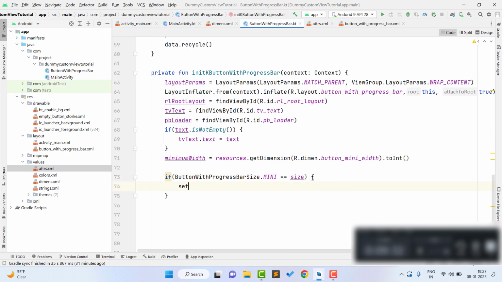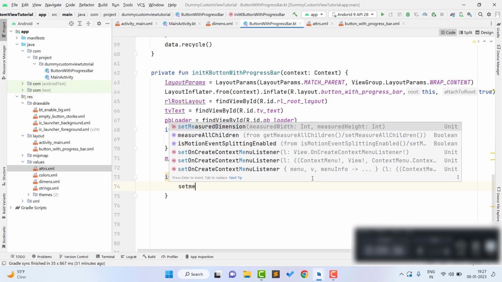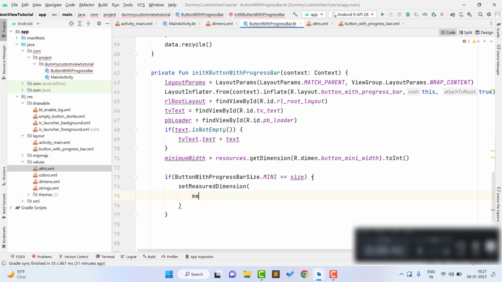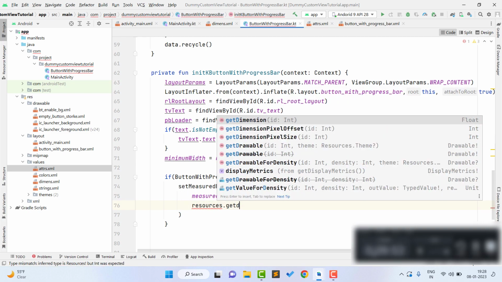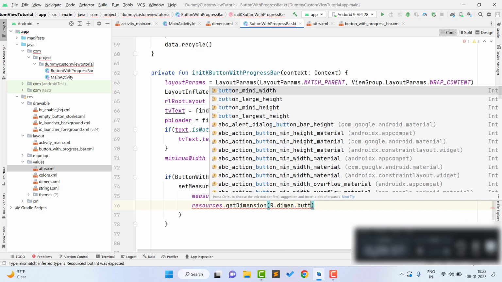So if it is a minimum, if it is a default, or we can say if it is a mini, then first of all we need to set the set measure dimension, and inside this I need to pass the measure width. So measure width is any width which the user can mention while creating it in the XML activity dimens.xml. We are also going to see this and you will understand better when I use it inside our activity main.xml. And for height, if it is a mini button, then I want to set the height as button min height